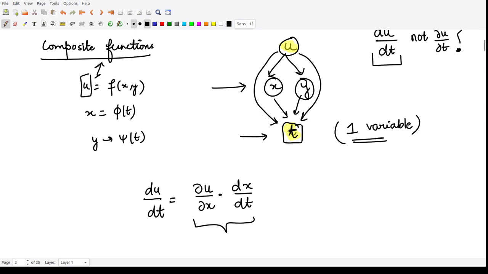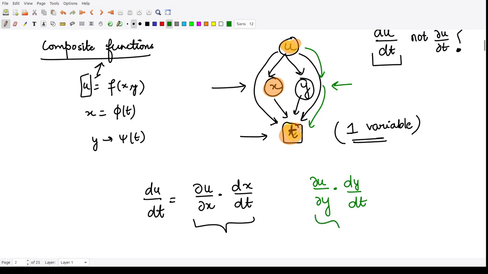So you'll first take the derivative of u with respect to x and then the derivative of x with respect to t. So this is what we have done. Another way is this one. You could go from u to y and then from y to t. So you are firstly taking the derivative of u with respect to y. Now this is a partial derivative, because at this particular level there are two variables, and then multiplied by dy by dt, the derivative of y with respect to t. Now this is a complete derivative because t is the single variable present over here. So these are the two possible ways.